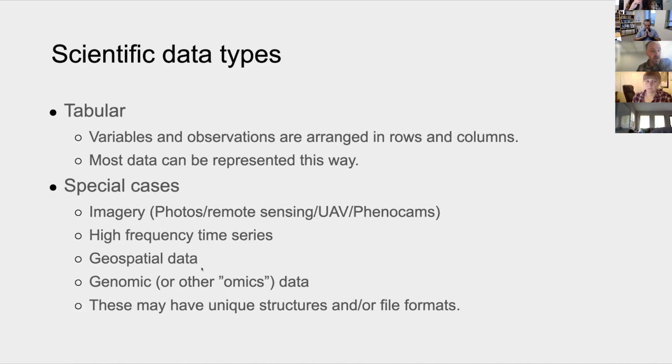We collect geospatial data more frequently now. We collect genomic data and sequencing data more frequently now. And so a lot of these may have unique structures and/or file formats that you should think about. They may also have unique data publishing requirements. So for instance, genomic data is commonly going to go to NCBI, right? You still want to communicate with the Jornada IM team because we want to keep track of those special case data and try to provide some access to those and potentially some metadata for those, even if they're not held at the EDI repository, which is the one we most frequently use.